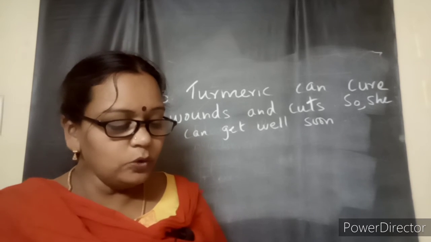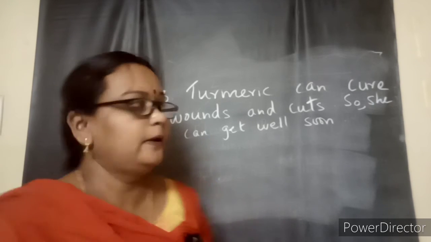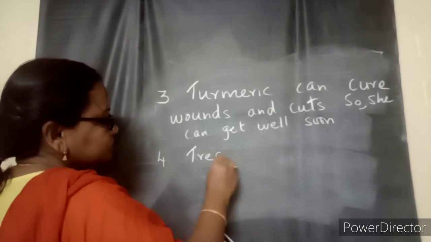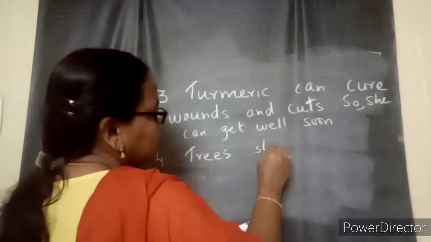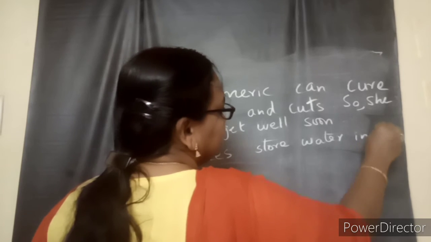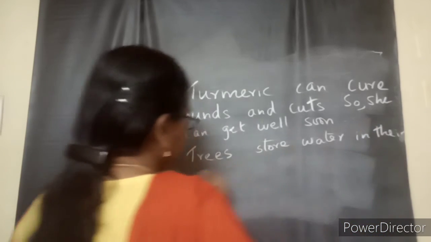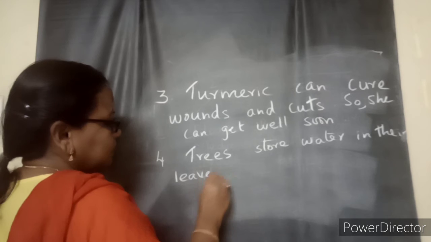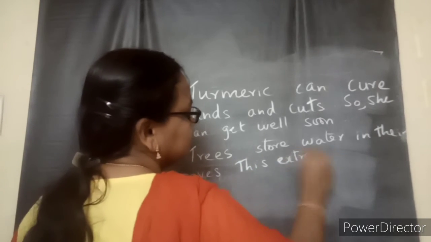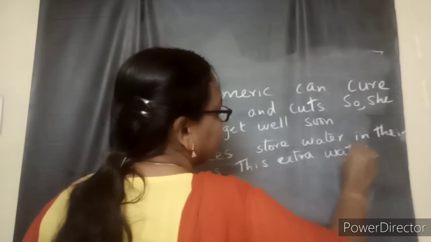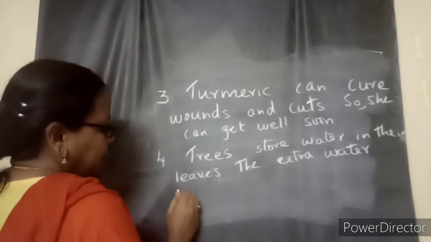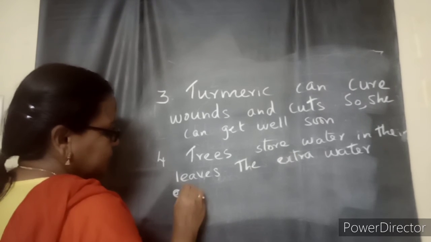Fourth question, how do plants help in bringing rain? Trees store water in their leaves. This extra water, some will be used for making the food. The extra water evaporates